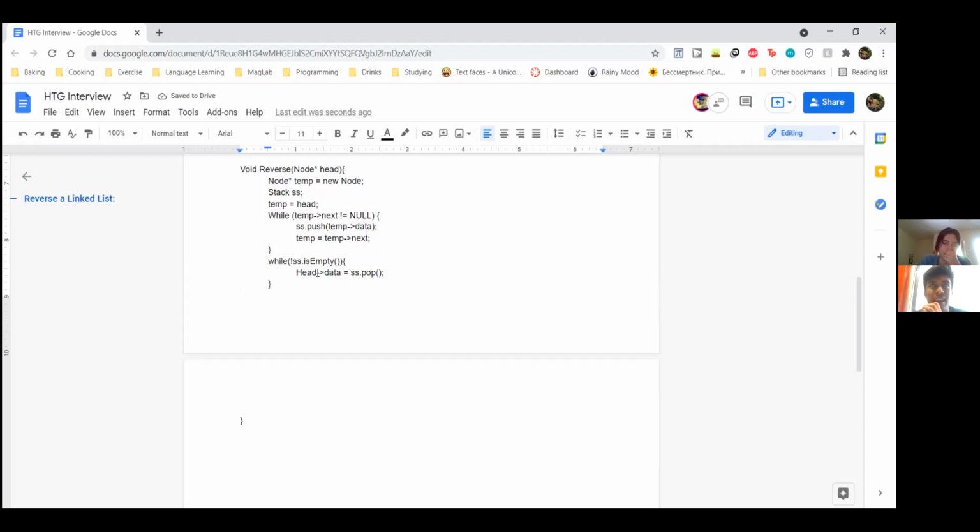Oh, wouldn't it be like head equal to head dot next, or head next? Because you're trying to iterate. Oh, yeah. Maybe you should do a temp. So yeah, maybe start with the temp one. I was thinking about bringing that back because I think that's the best way to do this. So if I set temp to